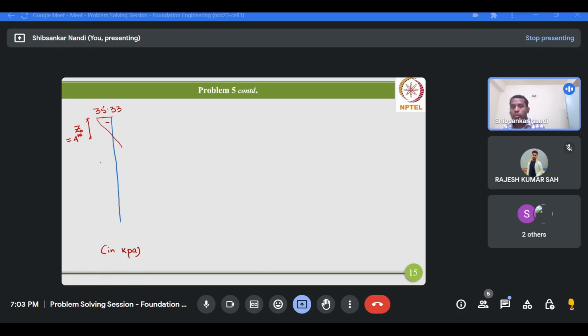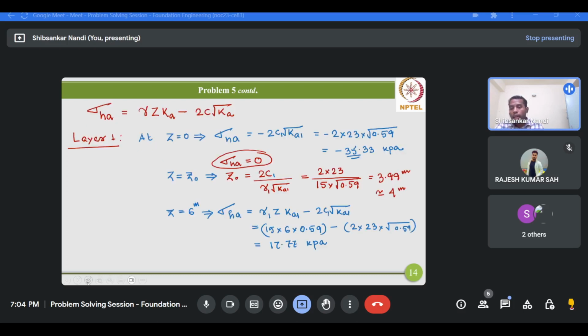So this is 4 meter, and suppose this is the interface. Now, since we are encountering an interface at a depth of 6 meter,